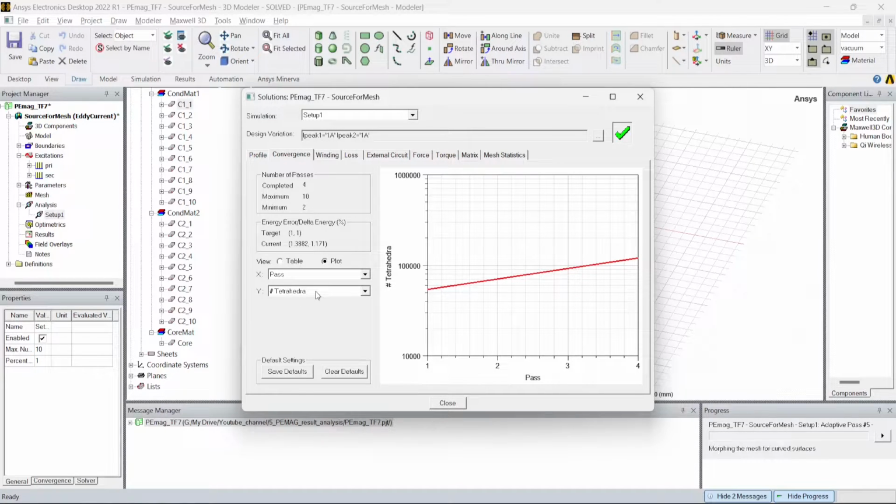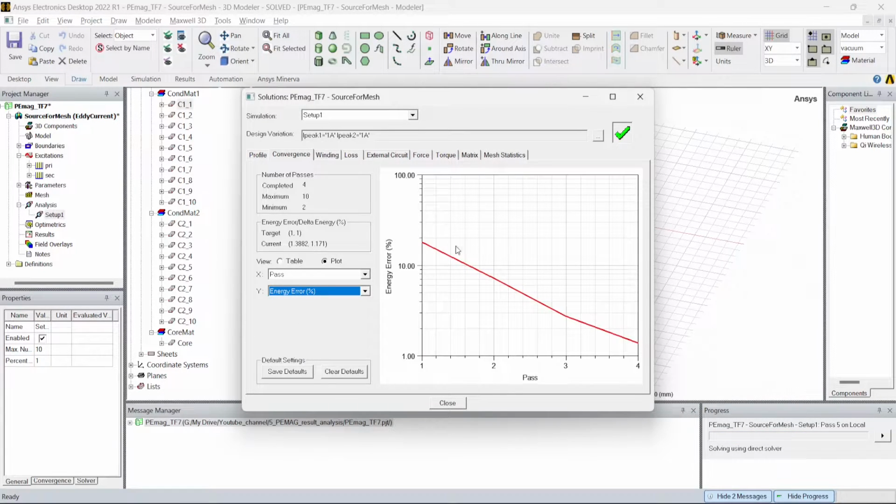Basically what it is doing is it has created some tetrahedron. This is a FEA, right? So your 3D section has divided into some tetrahedrons, and it is calculating the fields inside that tetrahedrons, different parameters inside that tetrahedron. And with each pass, it is monitoring what is the total energy error, which you can see